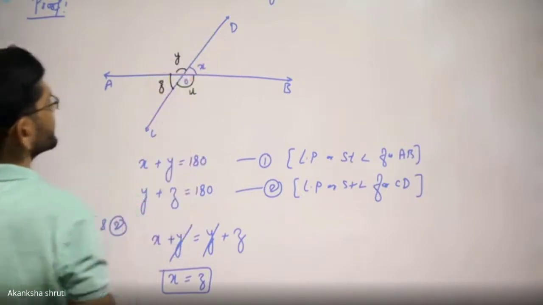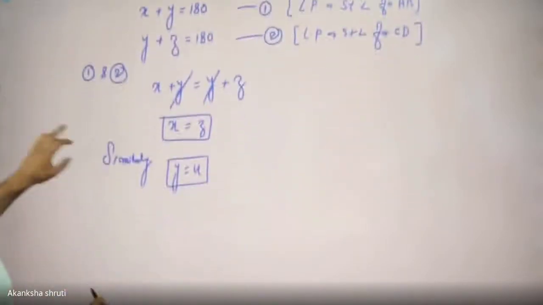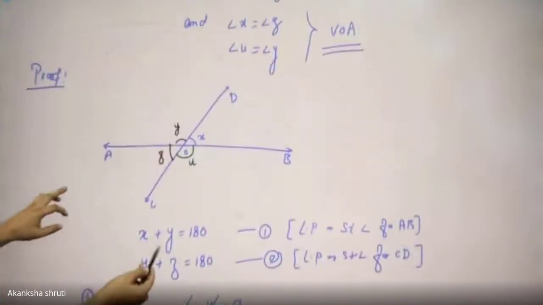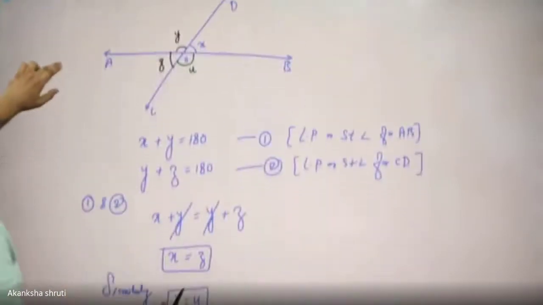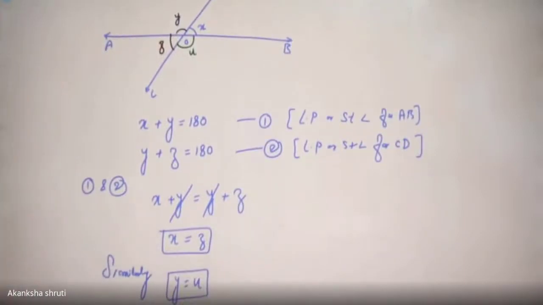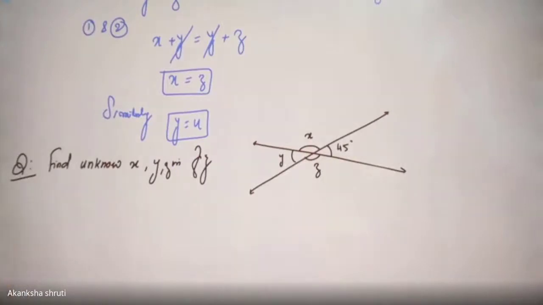That is the way of proving geometry. So it is that much easy. Even the proof is very easy. It is nothing but based on the linear pair. So do not forget to write it. Please write it. It's a very simple thing. This we have looked at. Students, let us take this question.